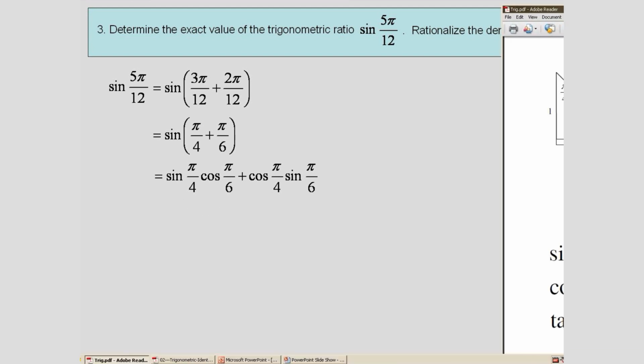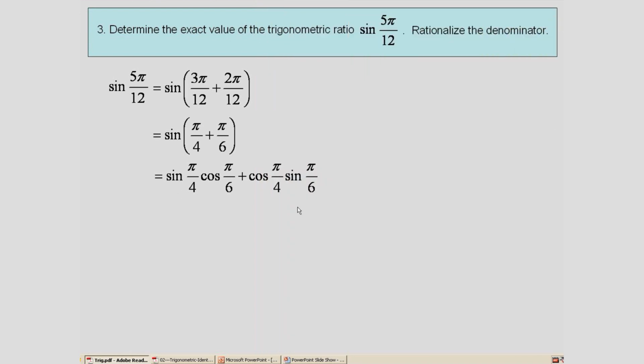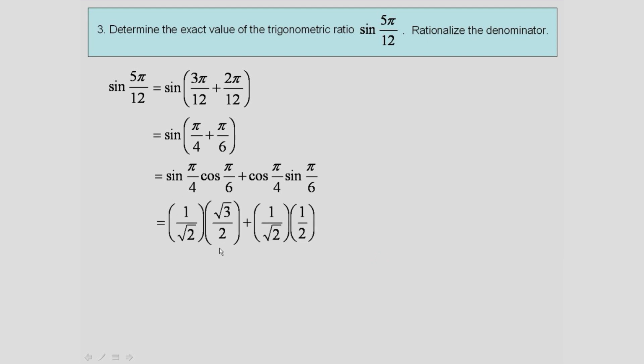Okay, so looking at our special triangles here, the sine of pi over 4, there's pi over 4. Sine is opposite over hypotenuse. We can write it as 1 over root 2. And we'll do the same for the other angles and ratios. And it does turn out to be 1 over root 2, root 3 over 2, plus 1 over root 2, and 1 over 2. Okay, just rewriting these using the special triangles. All right, a little bit of multiplication. 1 times root 3, root 2 times 2. Similarly here, gives us this. Oh, look at that. We've already got a common denominator, so we can combine, add them together,